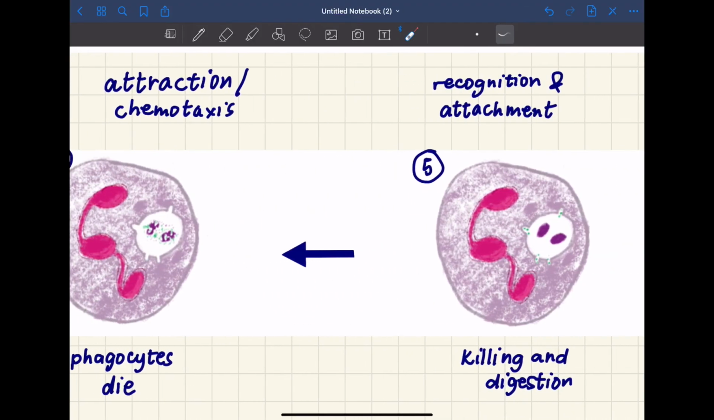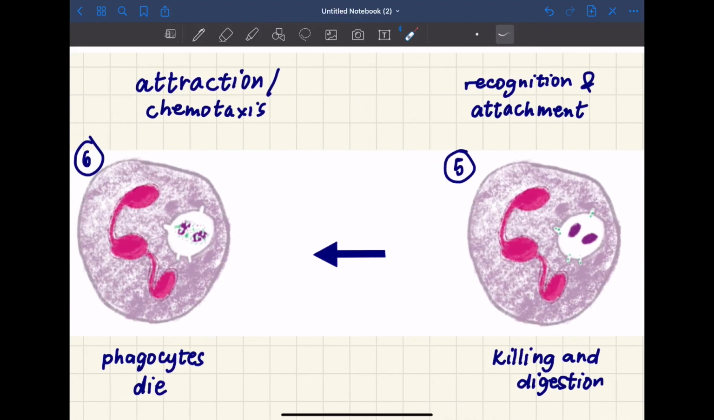And lastly, phagocytes die. For phagocytes, we have to remember that there are two subtypes, right? We have neutrophils and we have macrophages. For neutrophils, they are the ones that die right away. And when we say die, it means that they underwent the process called